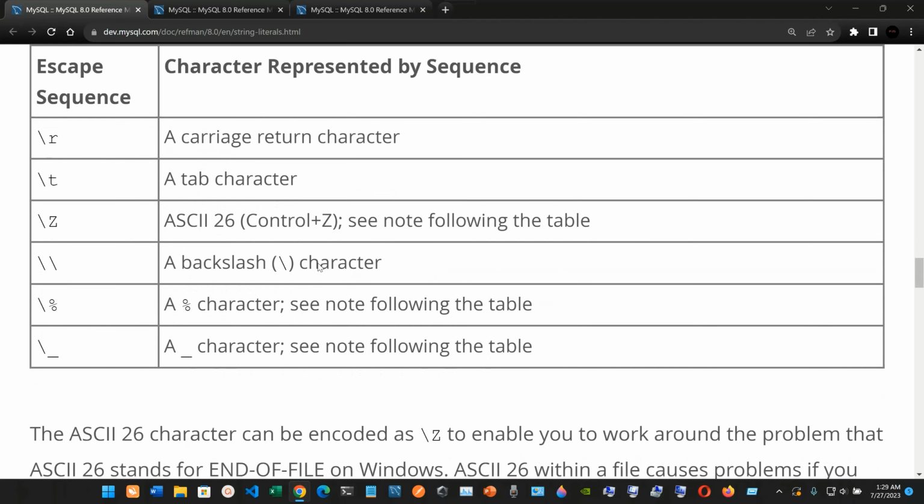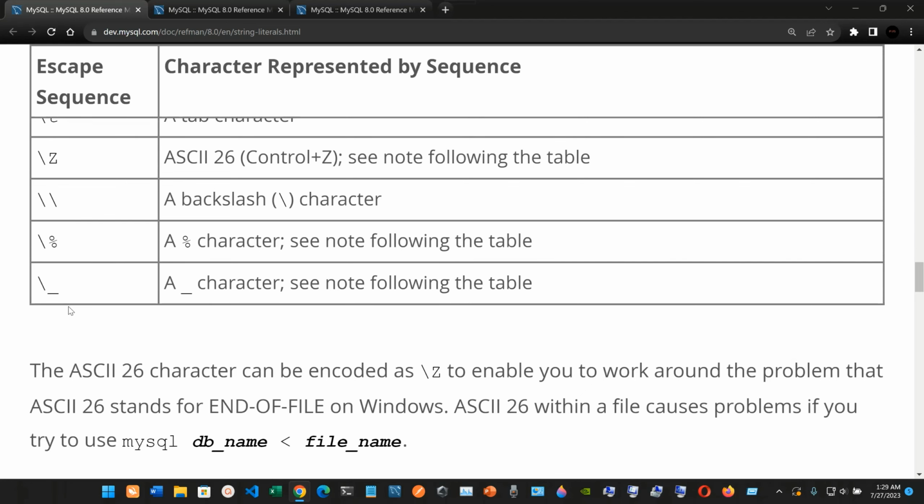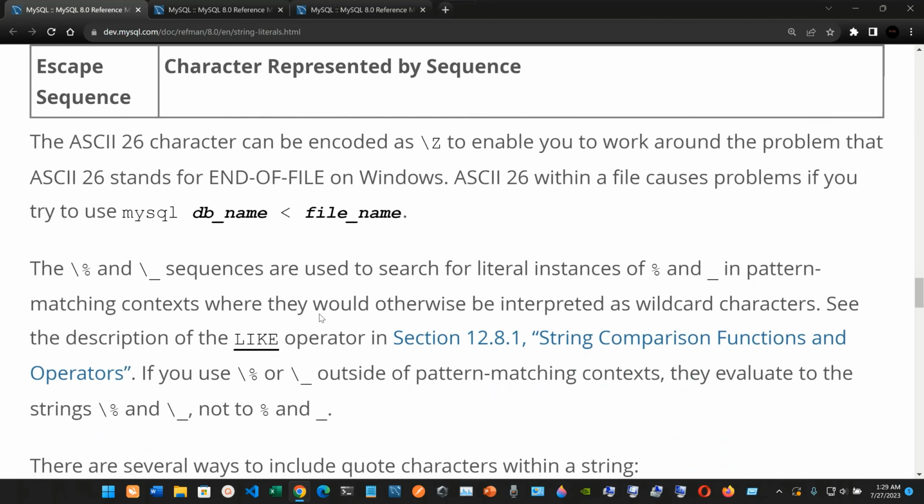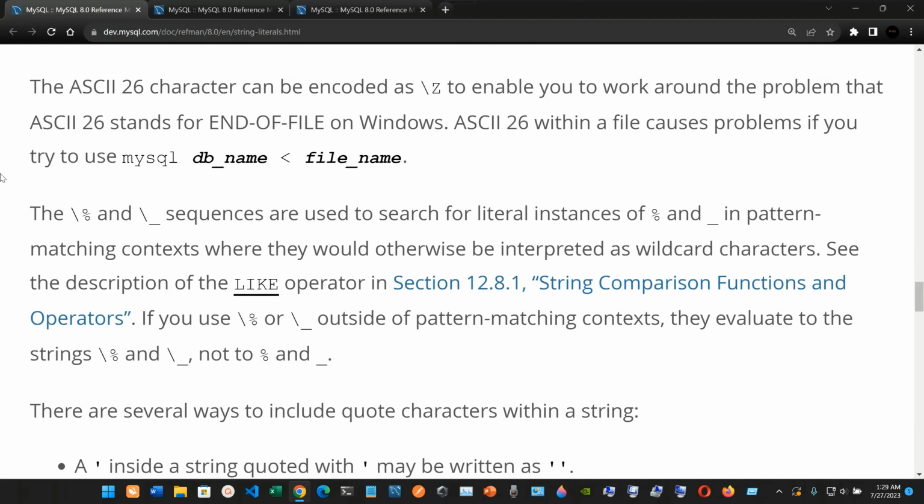See now the following tables, and then we have double backslash, a backslash character. We have backslash percent sign, a percent character, and backslash underscore, an underscore character, noted following the table. The ASCII 26 character can be encoded as backslash uppercase letter Z to enable you to work around